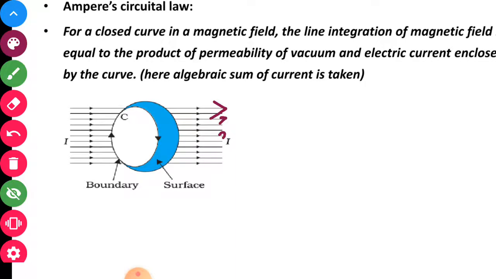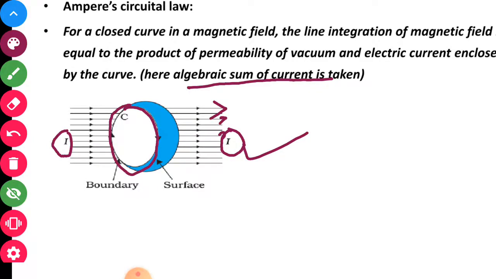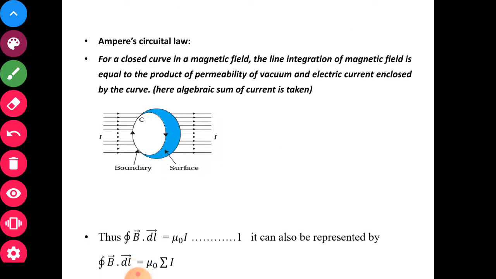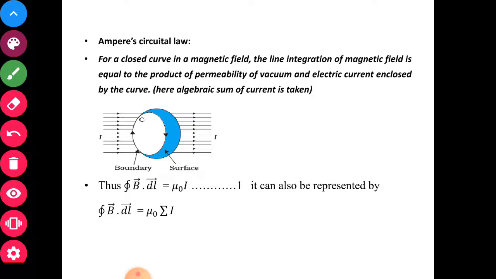Then you have to take the algebraic sum of electric current. Here the currents are in the same direction, so all the currents are taken and the value is say I. The value of this current which is enclosed by this loop, that loop is enclosing the current whose value is I. So the law has this mathematical